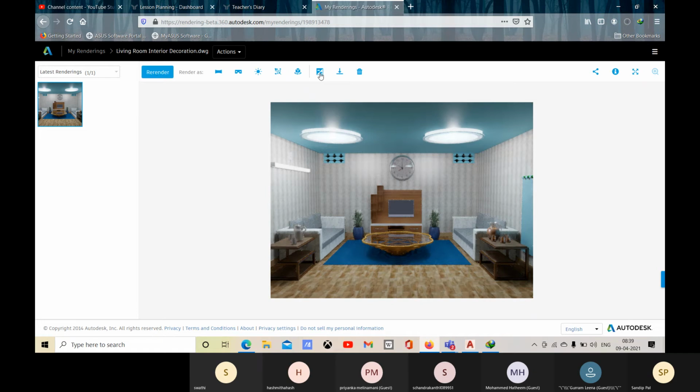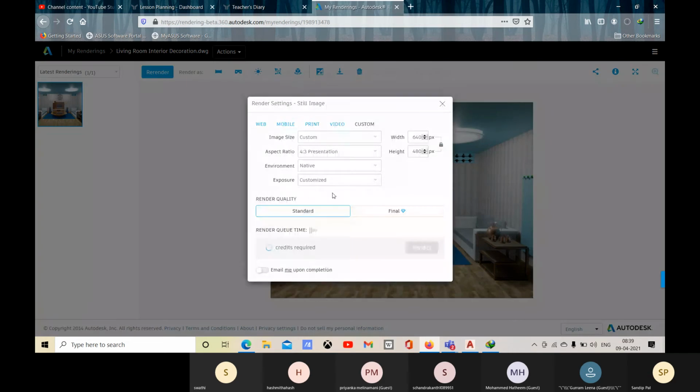Let me just check all these things. Okay, let me go for re-render, and here I can customize all the settings. I hope it is visible, right? This extra window, this render settings window, is visible.